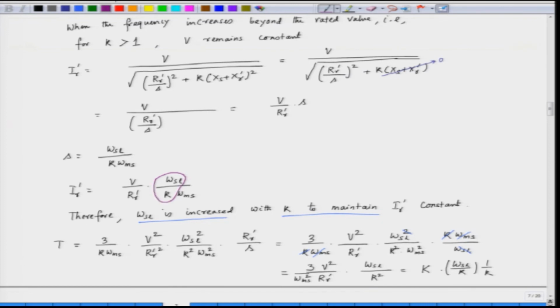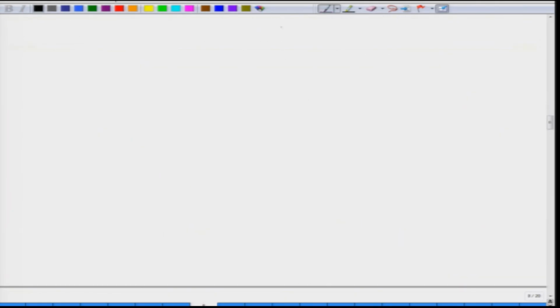So, this ratio is kept constant to keep the current constant. Now, in this case, if this ratio is kept constant, the torque is inversely proportional to k as k is increasing, and hence beyond the rated frequency torque decreases. Let us plot the various parameters like power, torque, slip speed with the variation of k. So, let us plot all these parameters against k